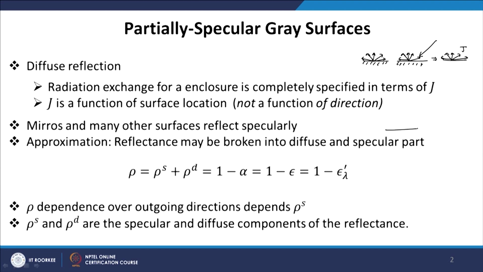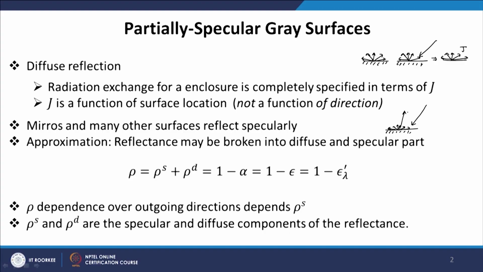approach of dealing with diffuse surfaces, but when a surface is partially specular, the method for analysis becomes quite different. What we mean by partially specular surfaces is, we have a surface, and the radiation incident on it leads to some radiation reflected like a diffuse reflection, and some goes in a particular direction. So, there are two components of the reflected radiation, one diffuse and one specular.